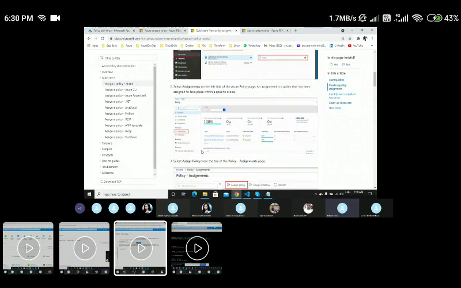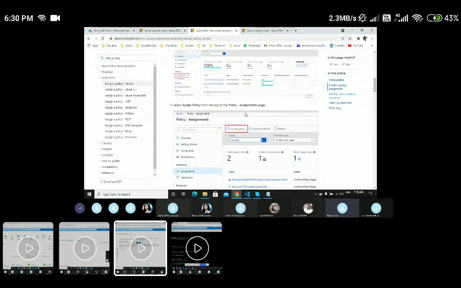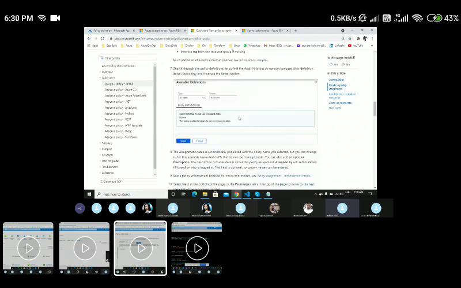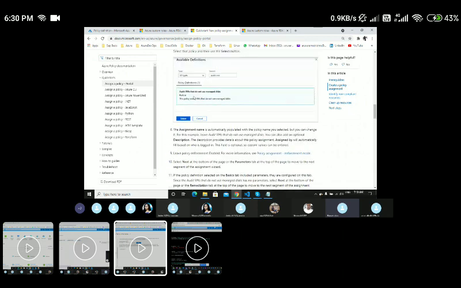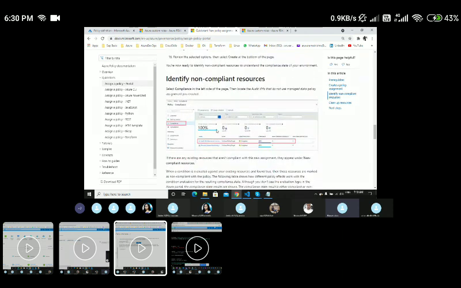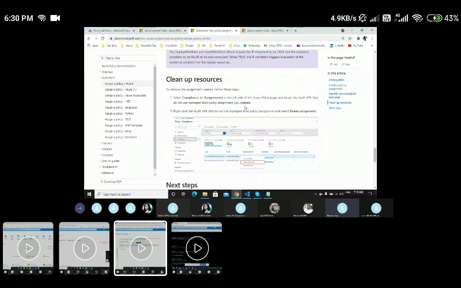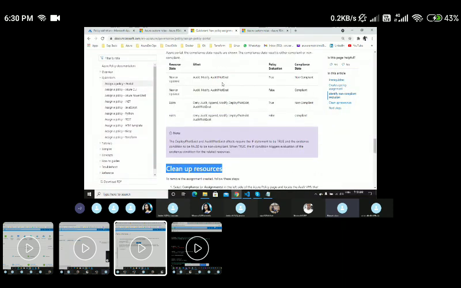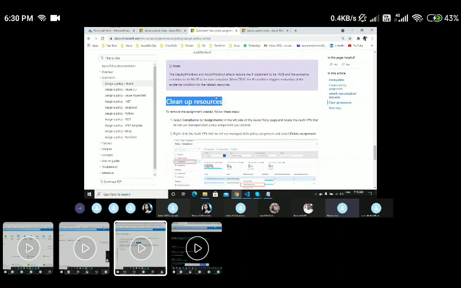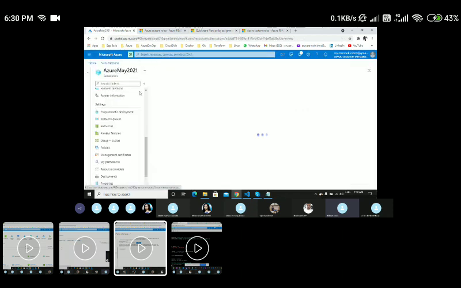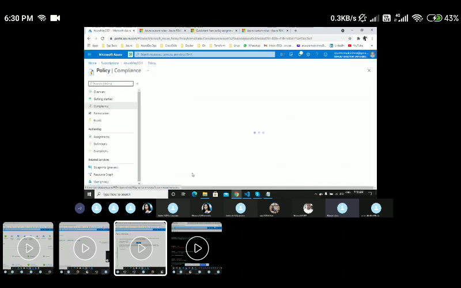You can navigate to the policy, which is from where we just navigated. Assign policy, and we have created a certain policy here. We have taken a storage account and assigned it. And similarly, if you wanted to create a custom policy, Microsoft recommends that once you create anything, you clean it up, because it will cost you again. For the cleanup, if I wanted to clean up that particular policy, I can simply go to the policies again.